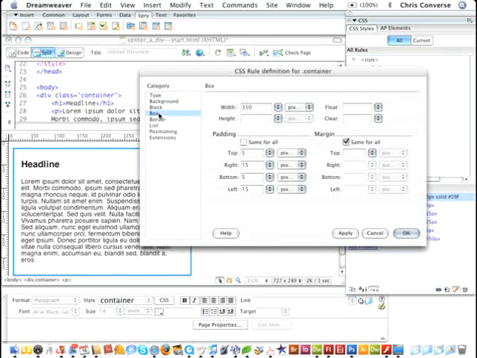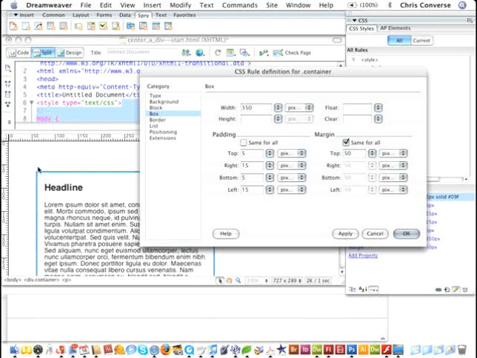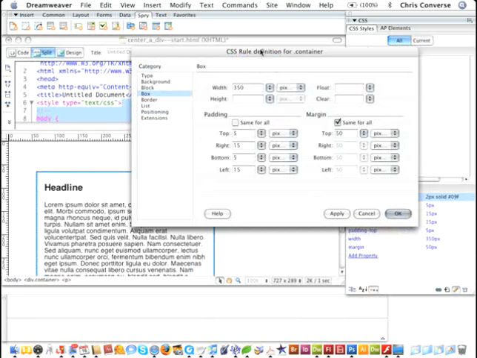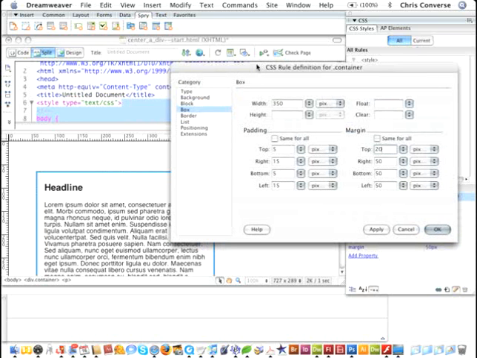So inside of Dreamweaver, let's click on the box settings and come over to the margins. If I were to select, let's say, 50 pixels and say same for all and click apply, you'll see that the div will actually move in the page 50 pixels from all sides. So what we want to do here is turn off the same for all. Let's set a top margin of about 20 pixels, which means this div will float down 20 pixels from the